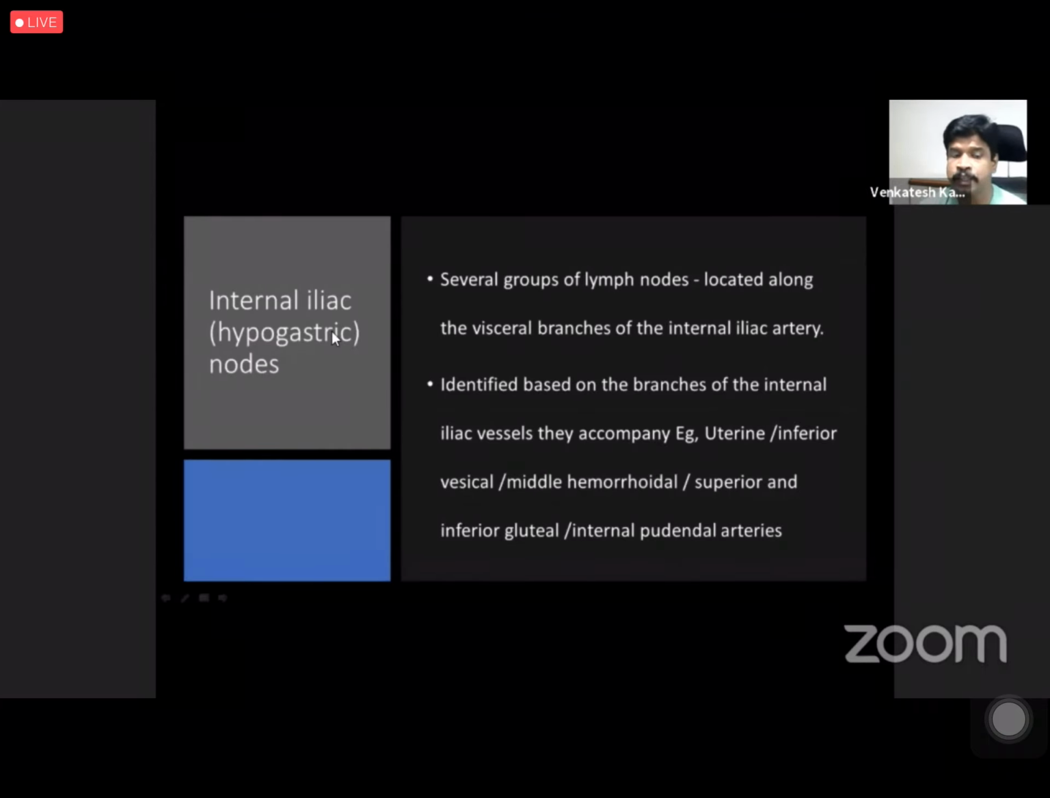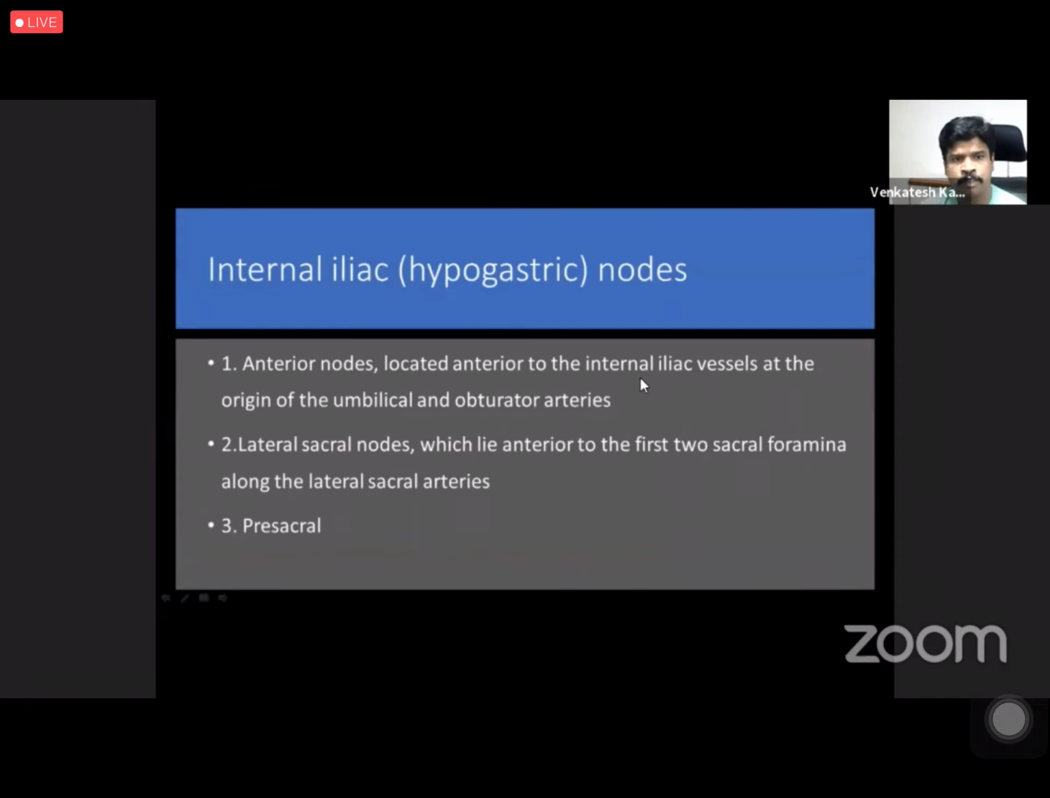The next comes the internal iliac nodes. Sometimes people used to call them hypogastric nodes. These are several groups of lymph nodes located along the visceral branches of the internal iliac artery, and they are identified based on the branches of the internal iliac vessels, namely the uterine artery, the inferior and superior gluteal arteries, or the internal pudendal arteries. So there are three sets. One is the anterior nodes, which are located anterior to the internal iliac vessels at the origin of the umbilical and obturator